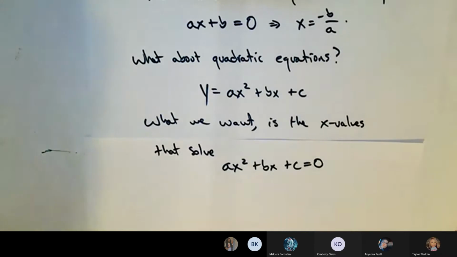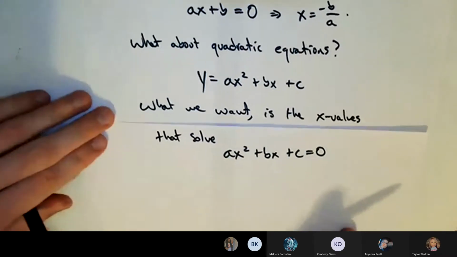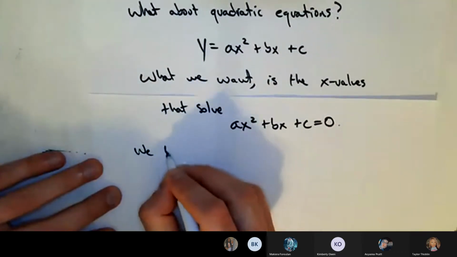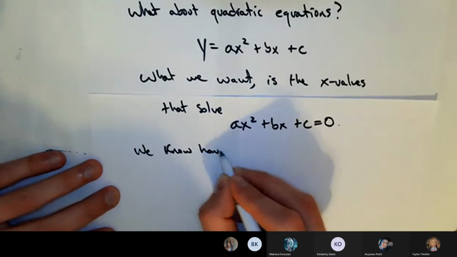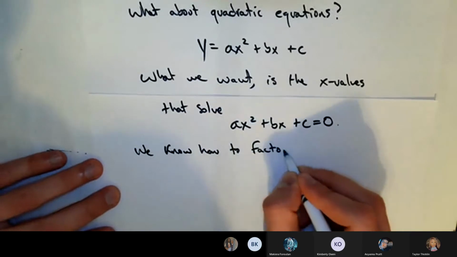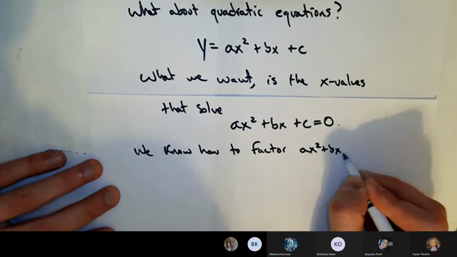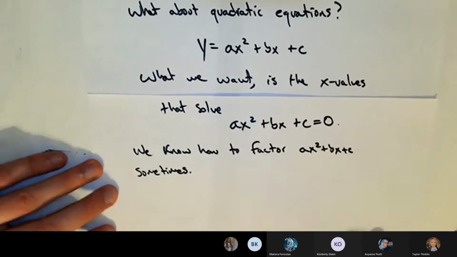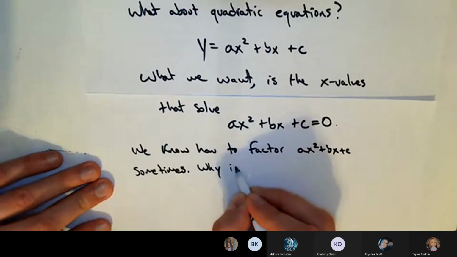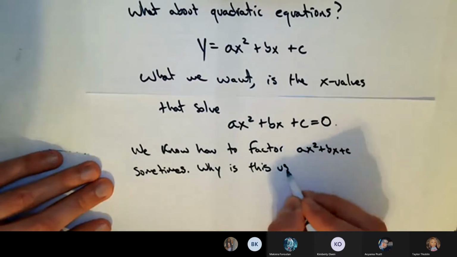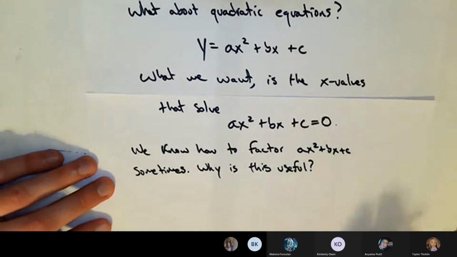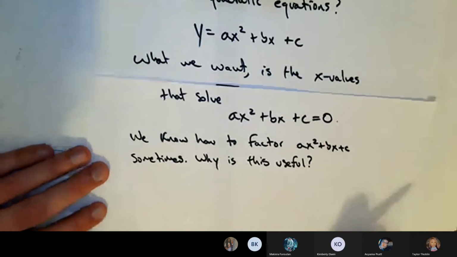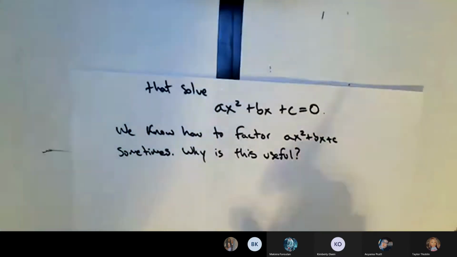So what do we know so far about stuff here on this left-hand side? We know how to factor ax squared plus bx plus c sometimes. It depends on the numbers, right? Why is this useful? Why do we spend all that time talking about factoring quadratics, or factoring degree 2 polynomials? Why we had a whole section on it, right? Why do we talk about that? Why do you do it in high school? And well,